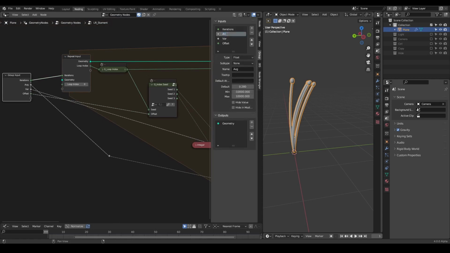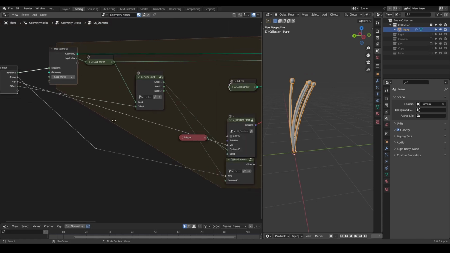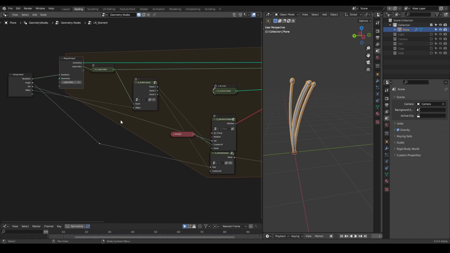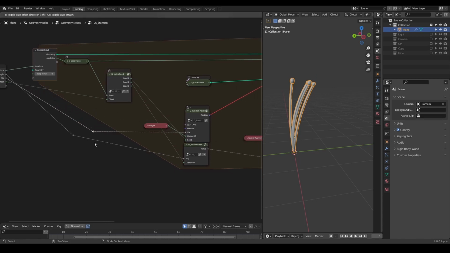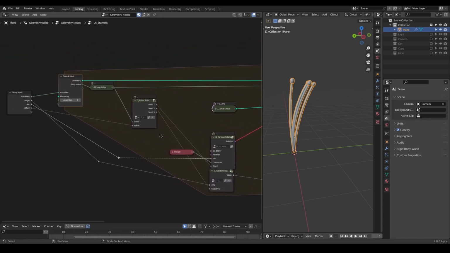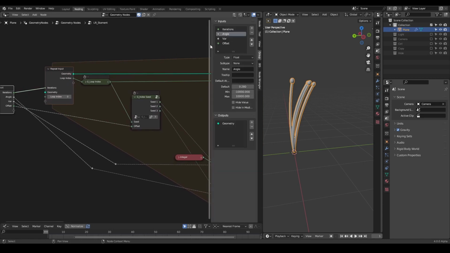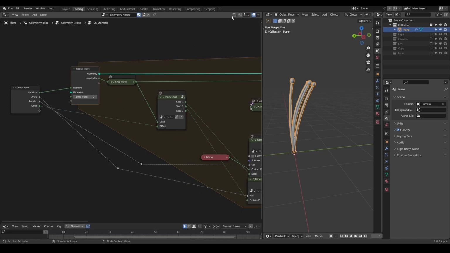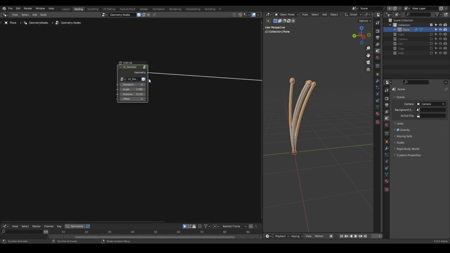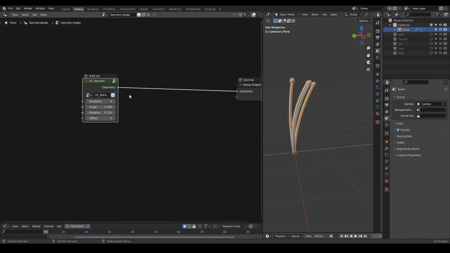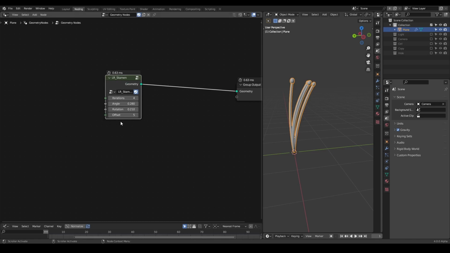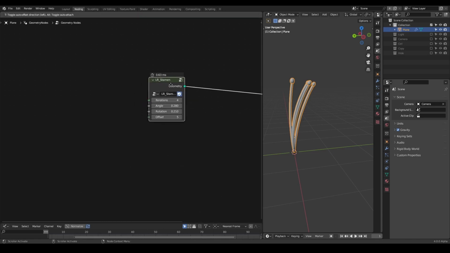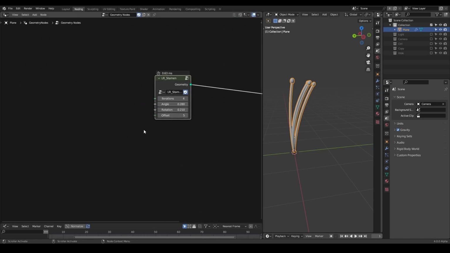I have an angle, and this variation is for rotation as well. So just name that as rotation. It might be a little bit confusing, but hopefully it will work. At the end, you do not really need to know this functionality, because we will just use any random value to it. So